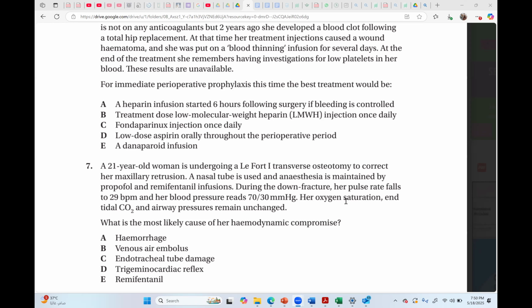Then remifentanil. What is the advantage of remifentanil? Remifentanil infusion is being used, and there is a concept of context sensitive half life. Context sensitive half life is the time after long infusions, when we stop, after how much time the clinical effect will finish. Because remifentanil is metabolized in the blood, among anesthesia medications it has the shortest context sensitive half life. So the patient will be suddenly awake.